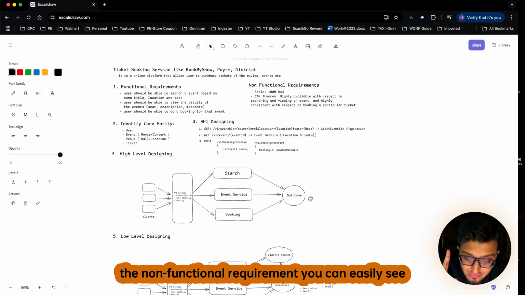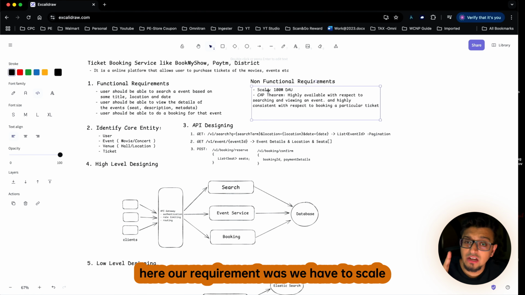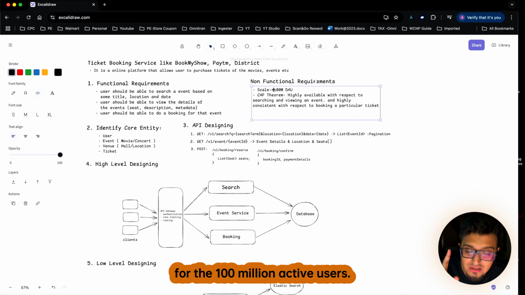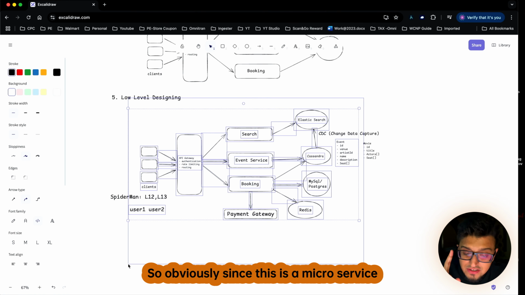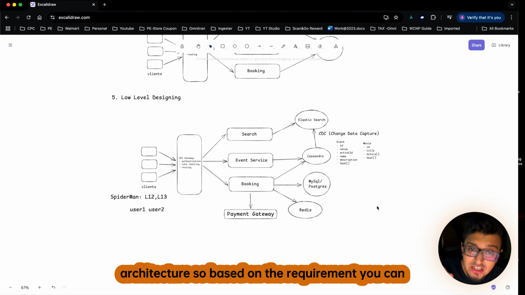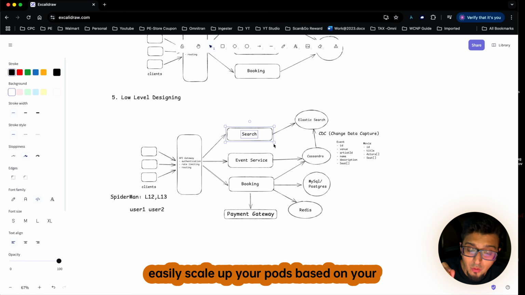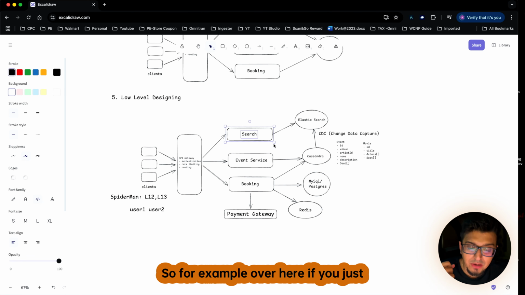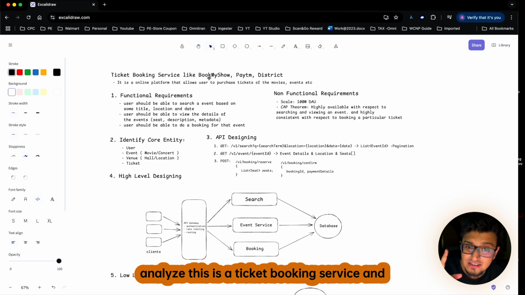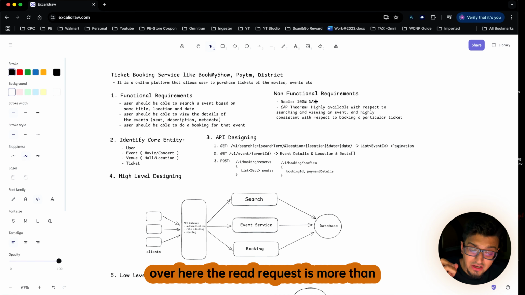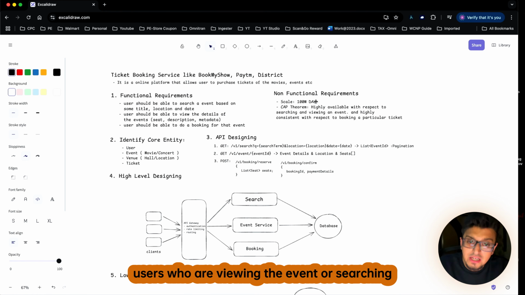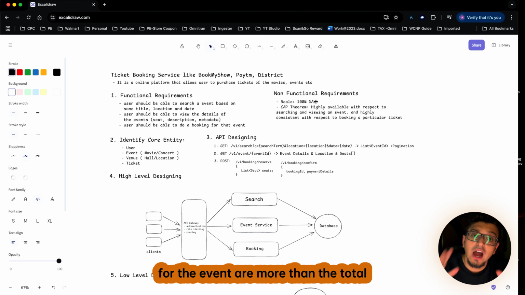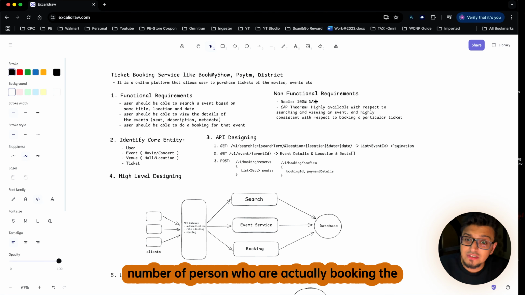And regarding the non-functional requirement, you can easily see our requirement was we have to scale for 100 million active users. Obviously since this is a microservice architecture, based on the requirement you can easily scale up your pods based on your needs. So for example, over here if you just analyze, this is a ticket booking service, and over here the read request is more than the write request, meaning the total number of users who are viewing the event or searching for the event are more than the total number of persons who are actually